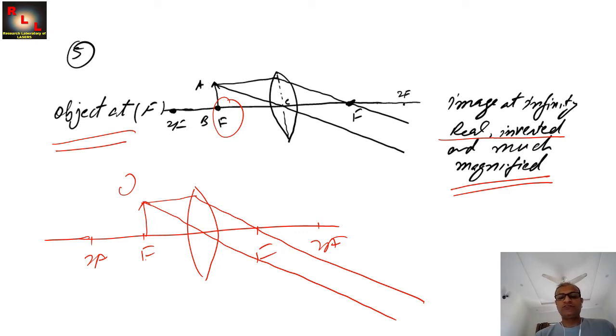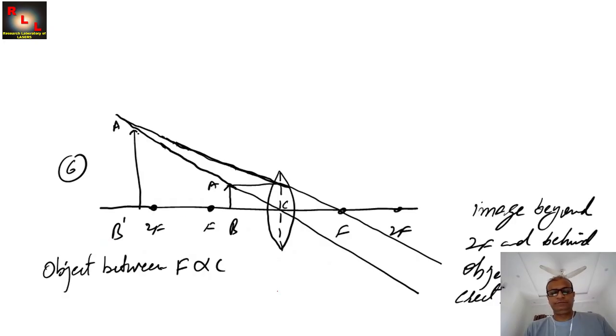Now let's move to the next one. In this case, what we are going to study is a bit different from the previous 5 cases. What do you see here? The object is between F and C, see the center of the lens, and F is the focal point, so the object is here. So what will happen in this case, the image will never